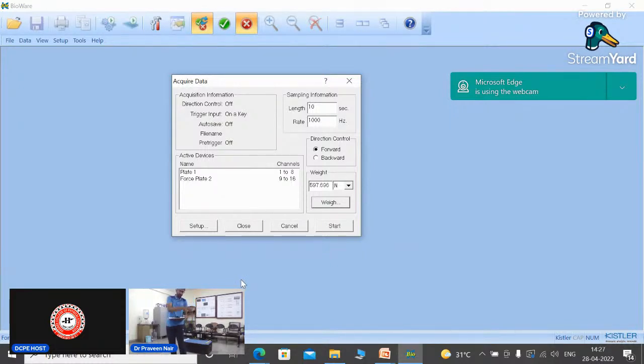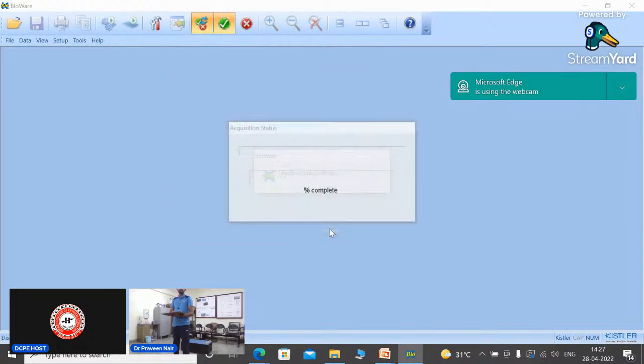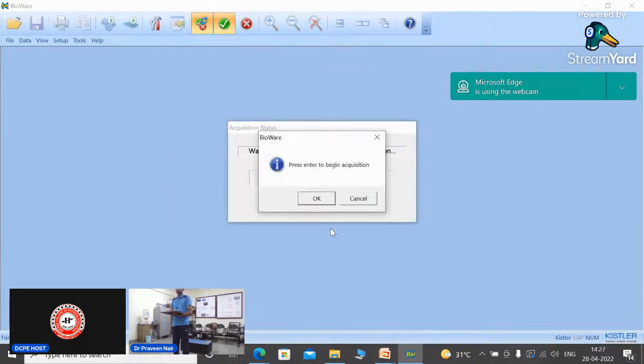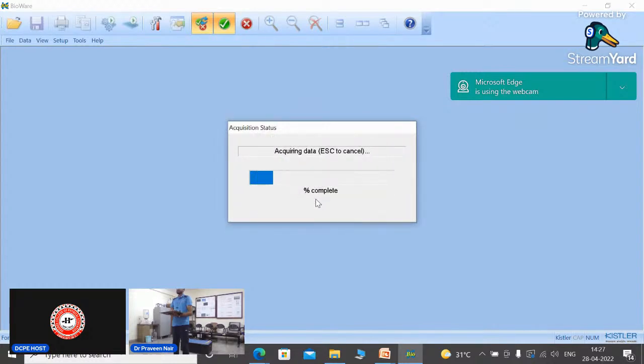As you can see, we have two force plates, so I will be jumping on this only. So I will go for start here, and I will just press OK. I will just perform some movement because I am holding something, because I have to give command here. There also I don't have wireless. So as you can see, the reading has started. I will just jump. Okay. So after this,